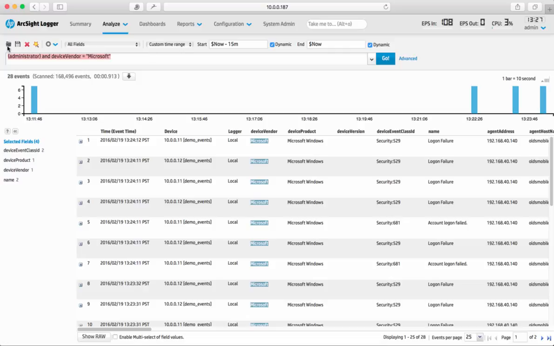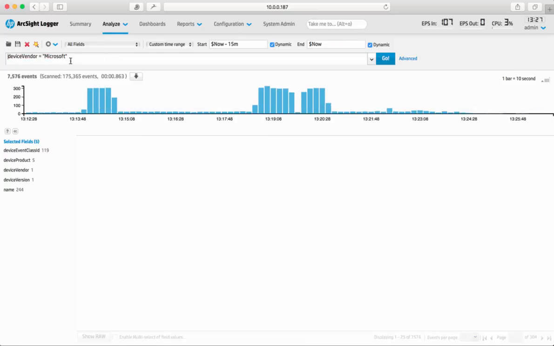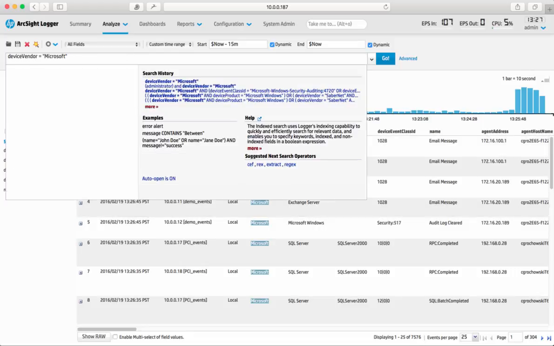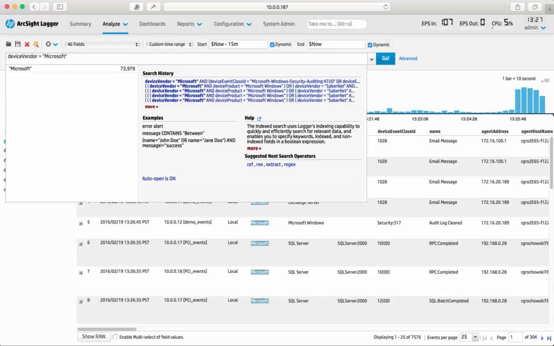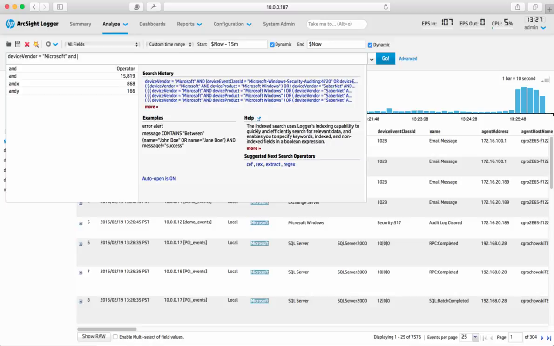Well, actually, let me just take a step back. What about just understanding what the users are doing on my Microsoft system? So why don't I just take that bit of search out there? Let's jump back, and I'm just looking at Microsoft logs here for a second. But I'm going to get all sorts of data and information. Wouldn't it be really useful to start limiting this down and make sure I get some valid data here as well? So let's put a condition in there,